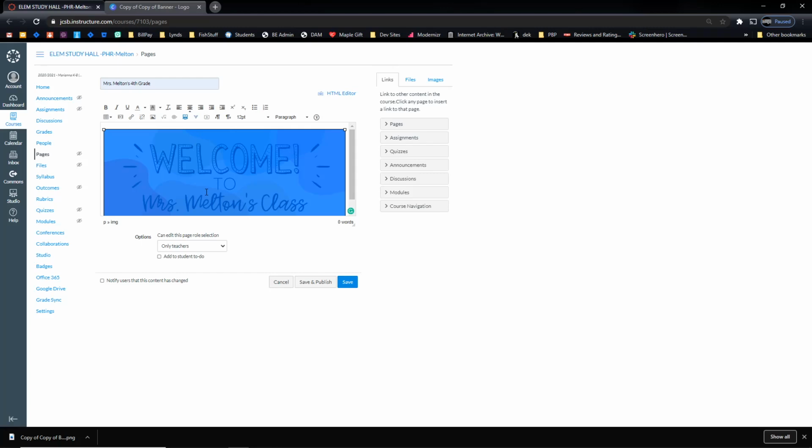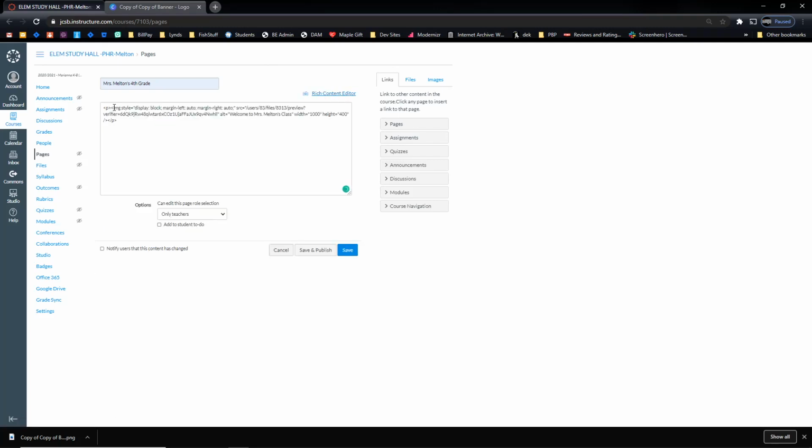Something else that you may end up doing later is making sure that your dimensions basically shrink and enlarge with the window. You want them to fit the window. So one way to do that is at this point to go to your HTML editor right here. And when you look in your HTML editor, I know it looks like a foreign language, but usually at some